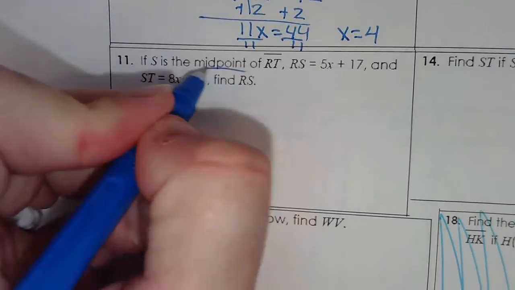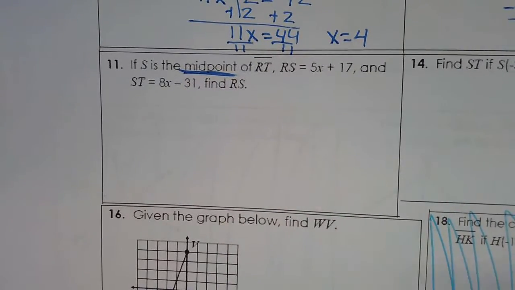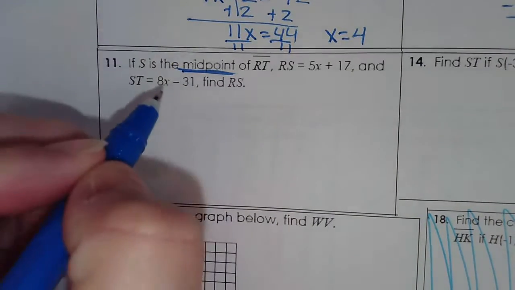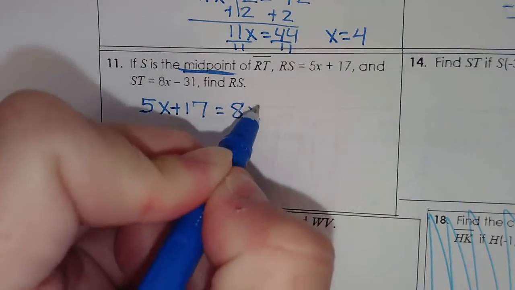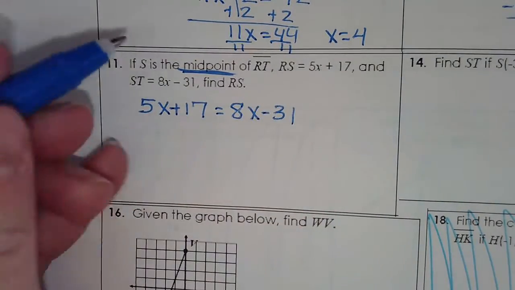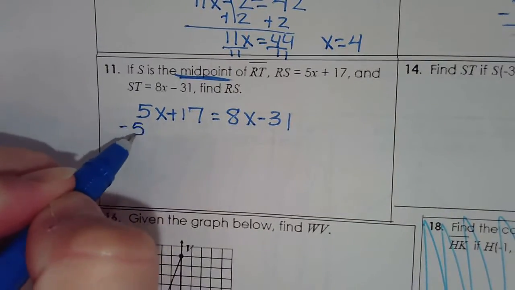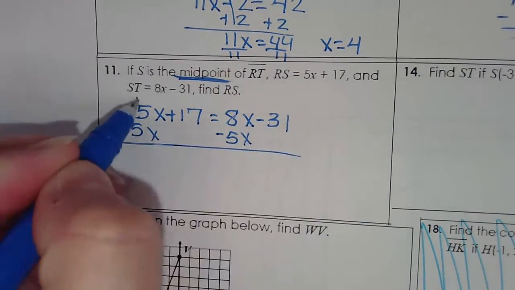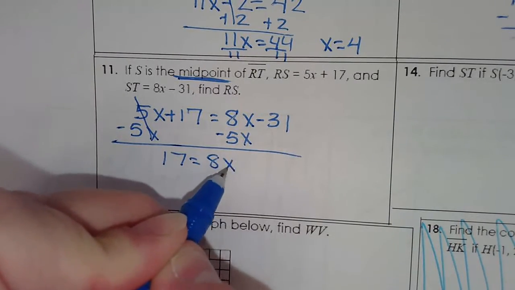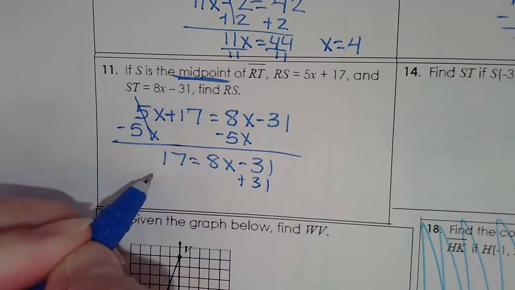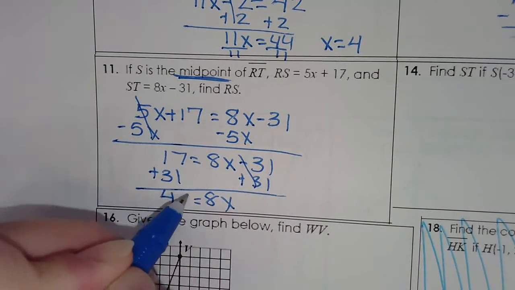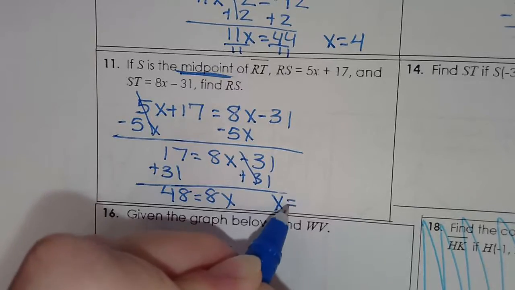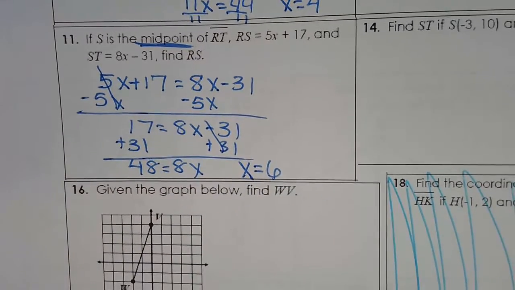11, key term here is that you have a midpoint. When you have a midpoint, that means that you have two segments that are equal to each other. So you're going to take 5x plus 17 and set that equal to 8x minus 31. So you'd get a point right there. So then you have to subtract 5x. 17 equals 8x minus 31. Add 31. 8x equals 48. Divide by 8 and you get x to equal 6, which is awesome, but that still is